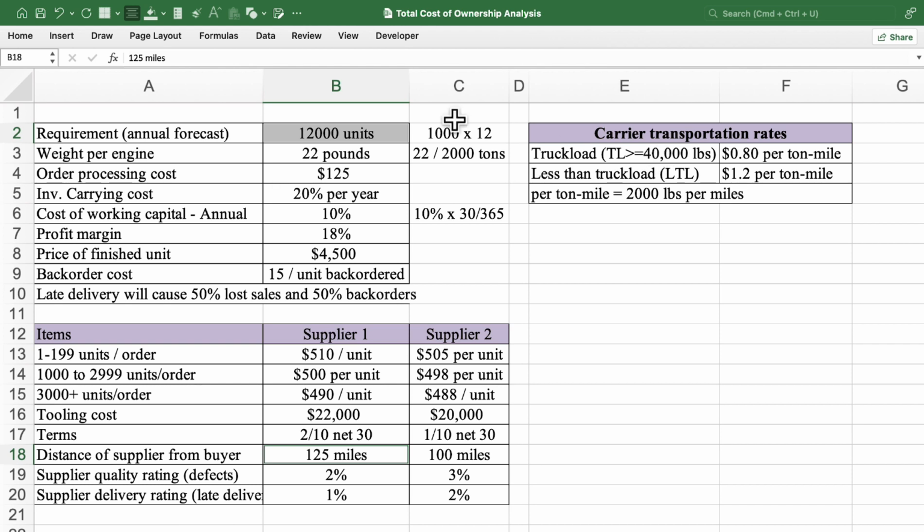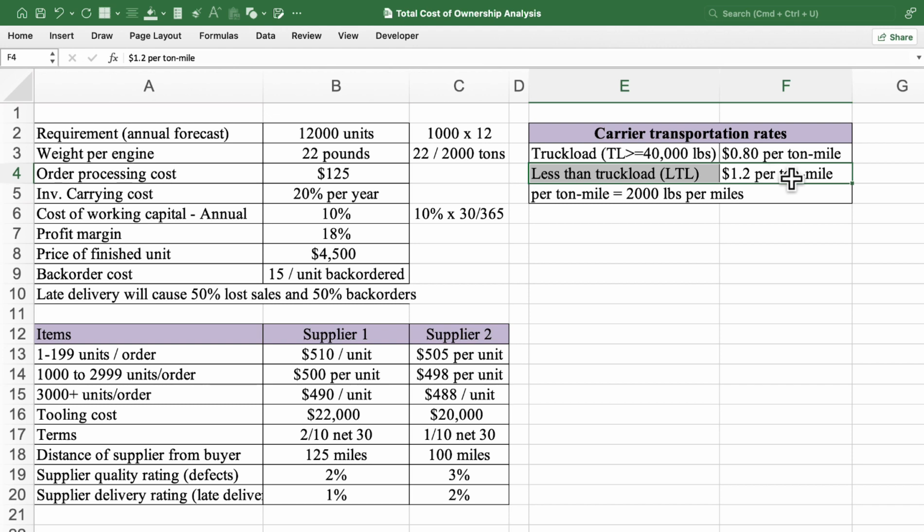So every time the company is placing an order of 1,000 and the weight of an engine is 22 pounds, which means 1,000 multiplied by 22 is equal to 22,000. This applies when the weight is more than 40,000, but in our case it is 22,000, so which means